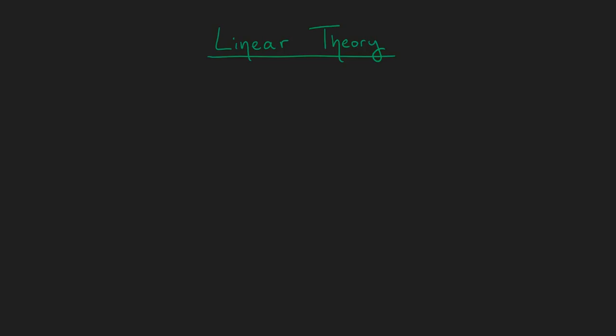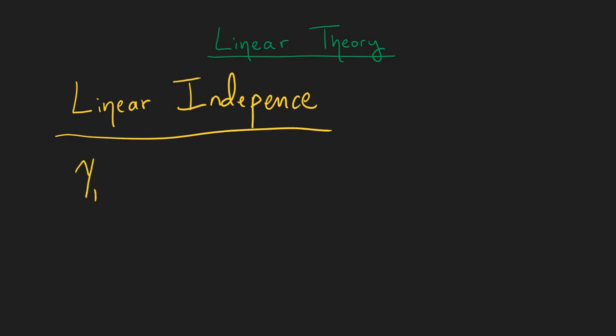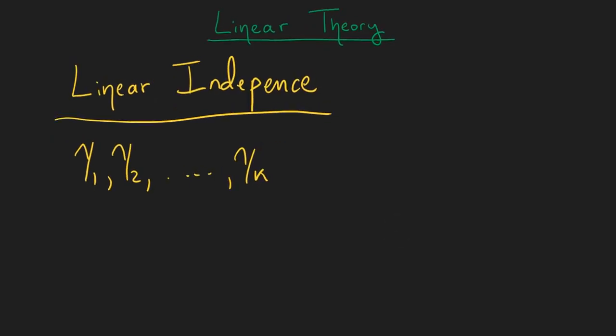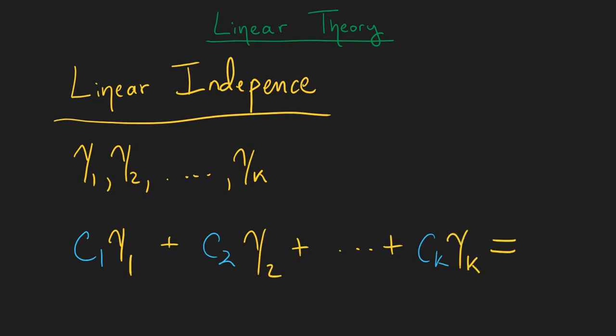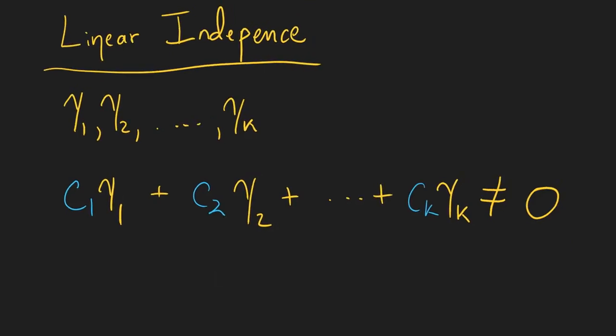Well, now we'll talk about linear independence of solutions. If you recall from linear algebra what linear independence means, what we know is that if we have some set of functions, y1, y2, and on up to y sub k, then if we find all linear combinations, c1 times y1 plus c2 times y2 plus on up to c sub k times y sub k, then this does not equal 0